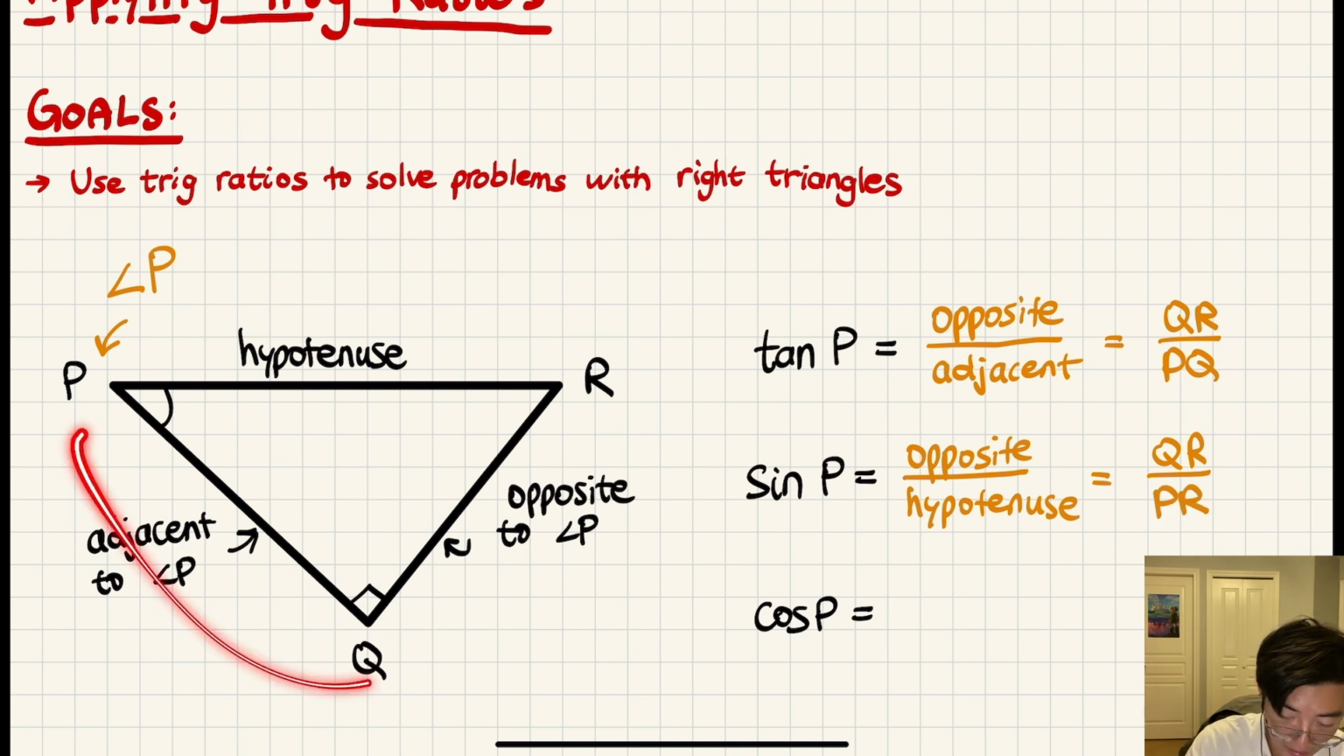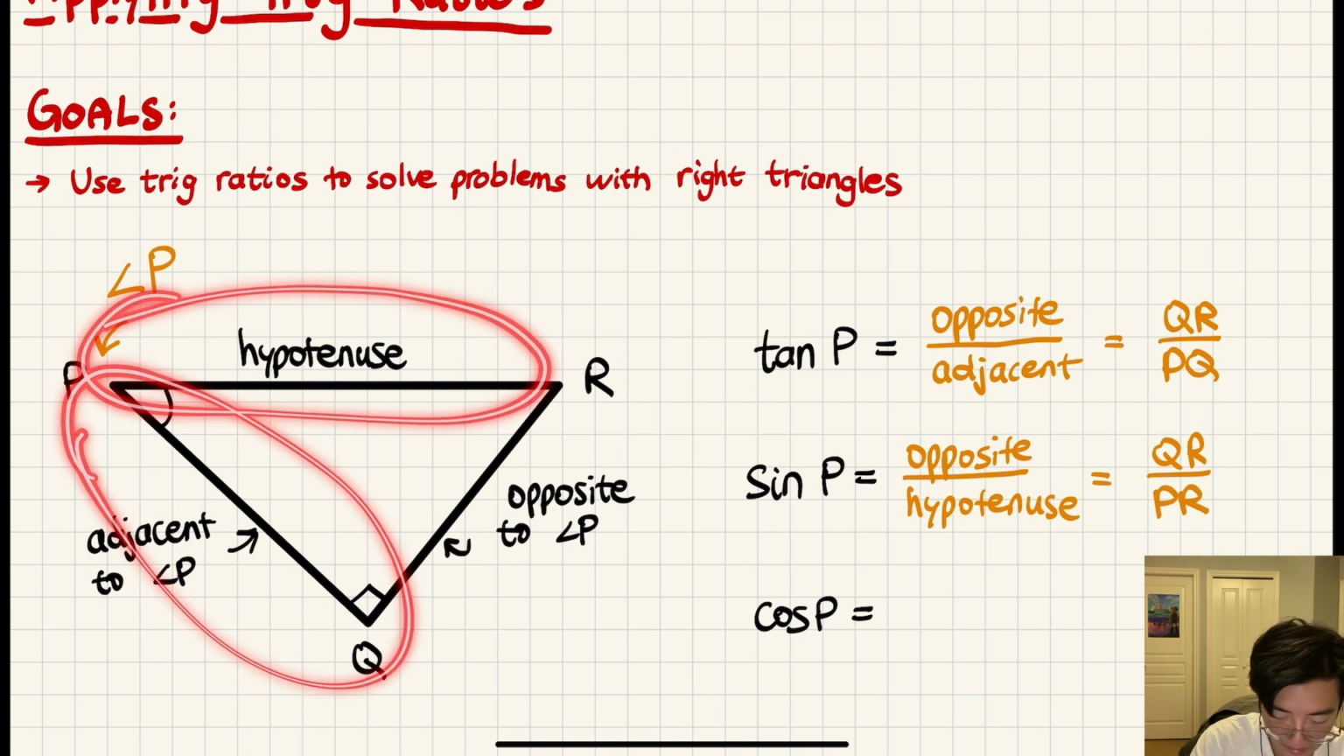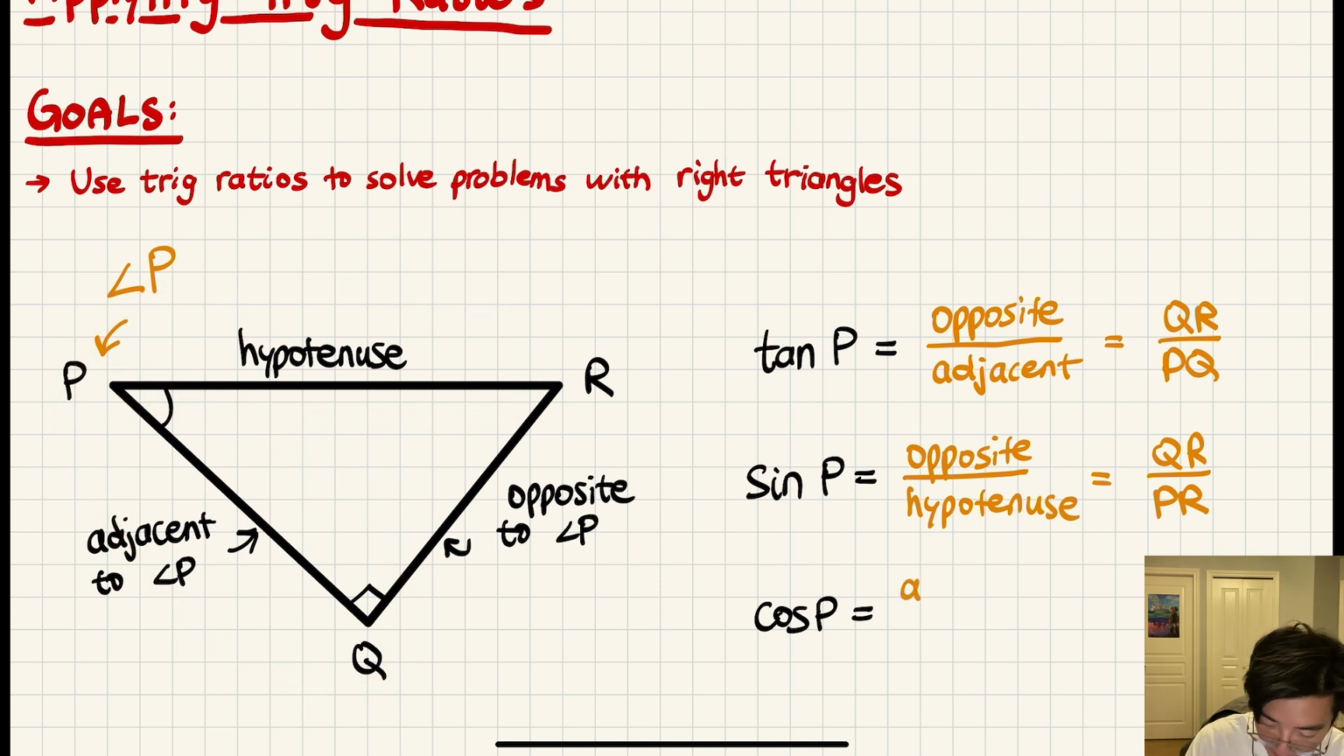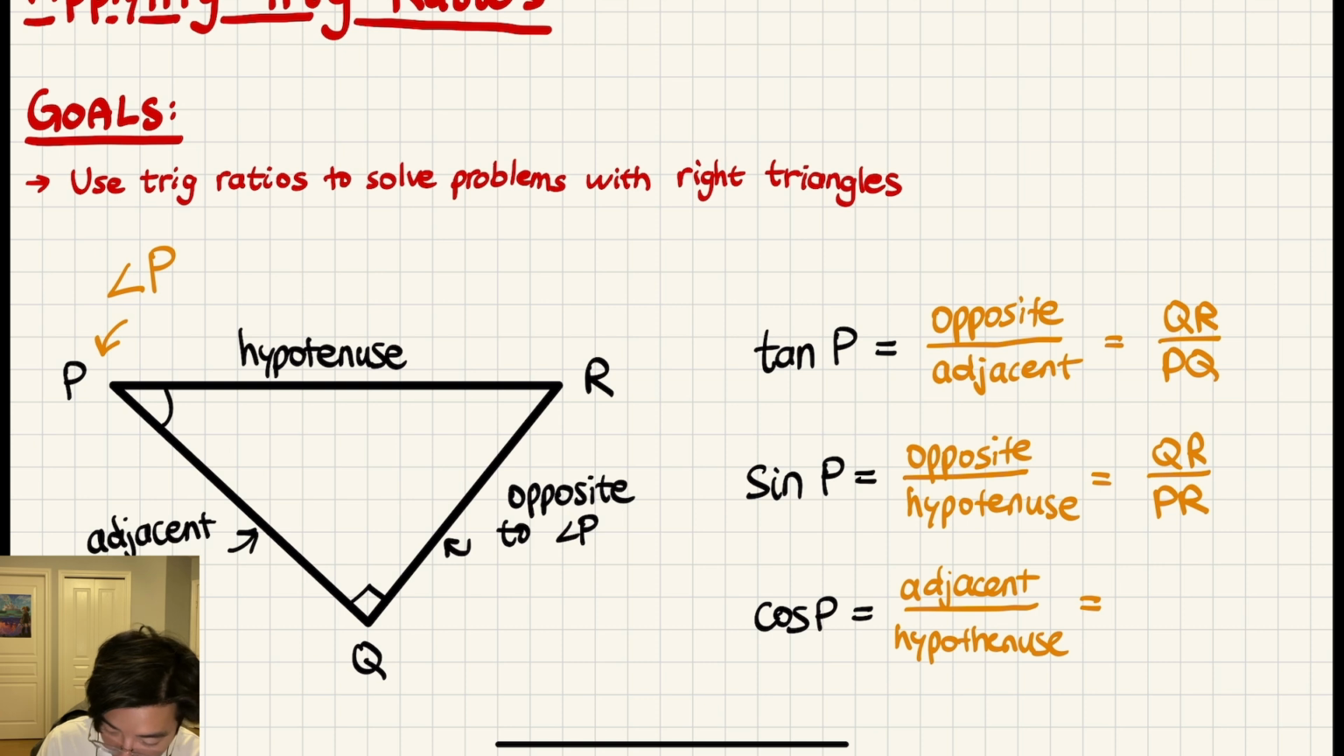And lastly, with cosine, our last remaining combination, adjacent over hypotenuse. So in this case, we have PQ over PR. This is what the trigonometric ratio is. All it is is a ratio between two lines. It could be opposite over adjacent, opposite over hypotenuse, or adjacent over hypotenuse. With all three of those ratios combined, this is where we get the SOH,